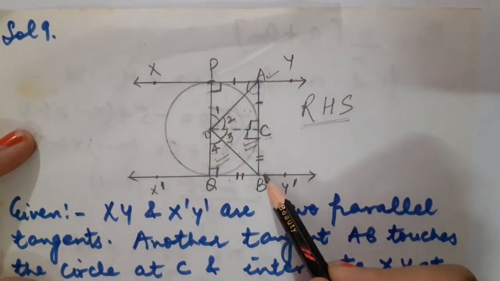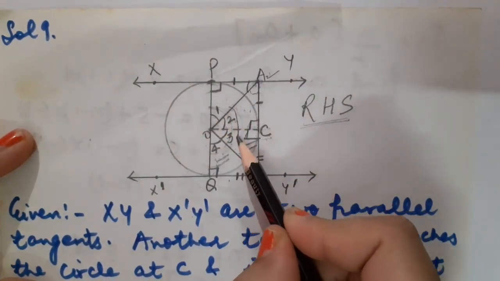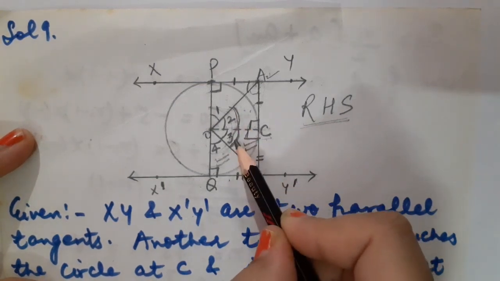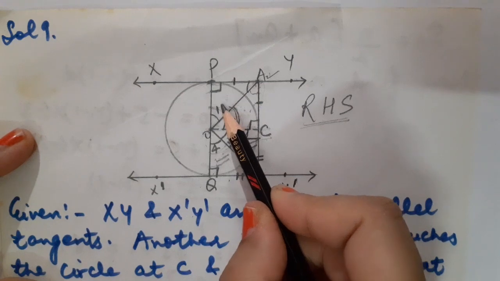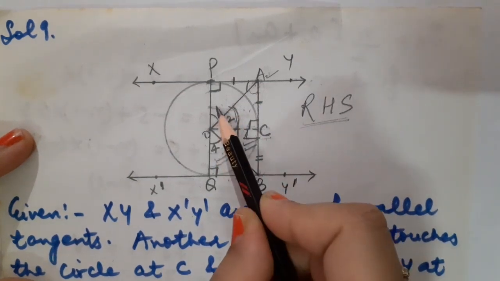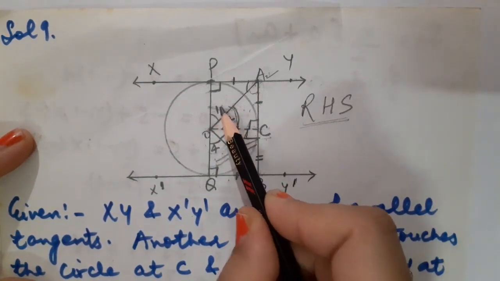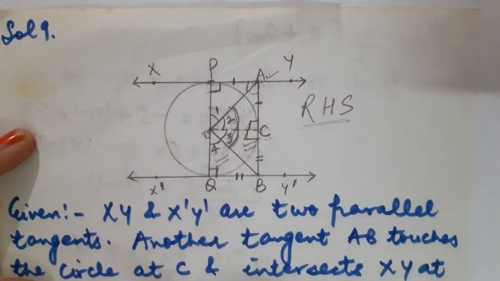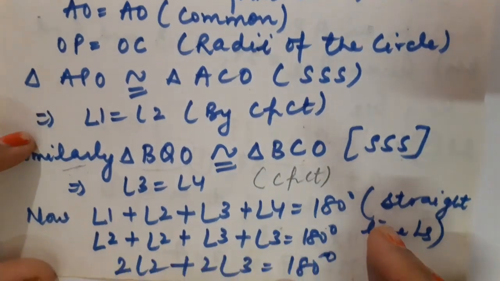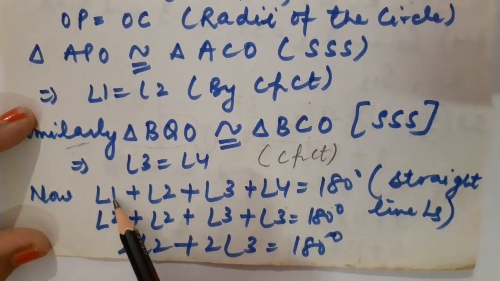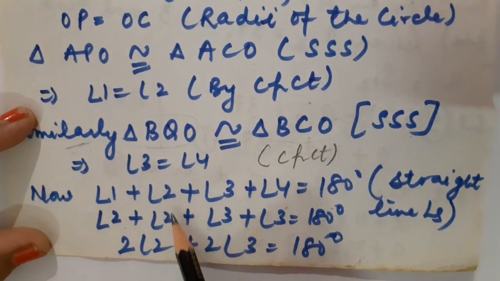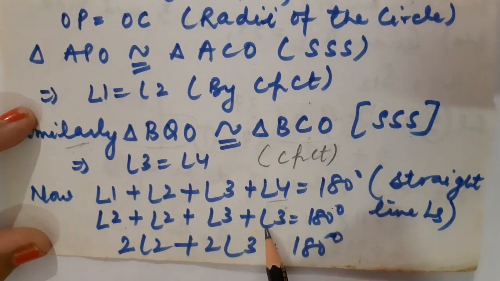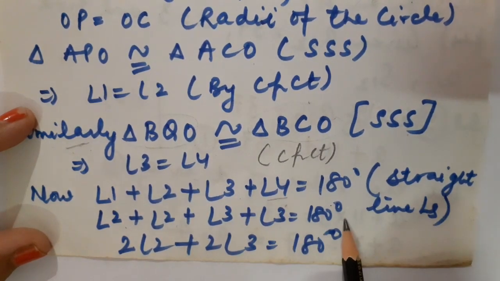This is AOB. AOB is basically the addition of angle 2 and angle 3, means I want 2 and 3 both. So I have to remove angle 1 and angle 4. Angle 1 and angle 2 are equal. So angle 1 can be replaced by angle 2 and angle 4 can be replaced by angle 3. The same I have done here. Look, at place of angle 1 I have written angle 2. Angle 2 will remain angle 2. Angle 3 plus at place of angle 4 I have written angle 3 is equal to 180 degree.